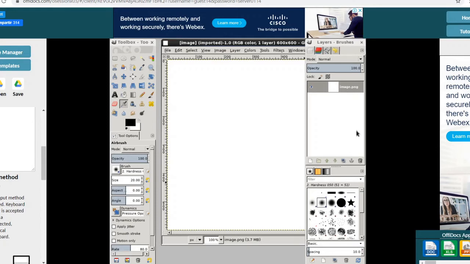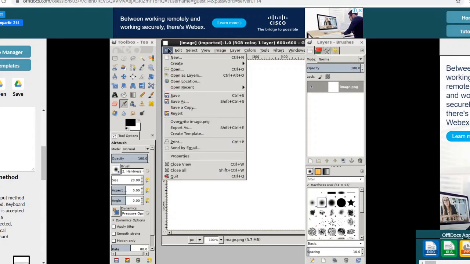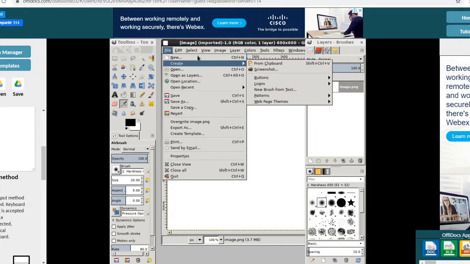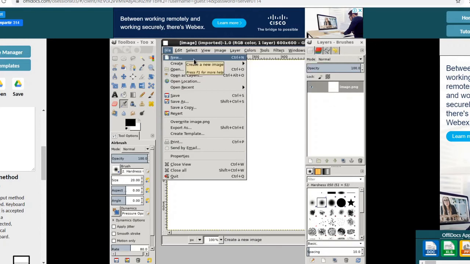In the image window, click on the file menu. A drop down list will appear. First option is new. This new option is used for creating a new file.